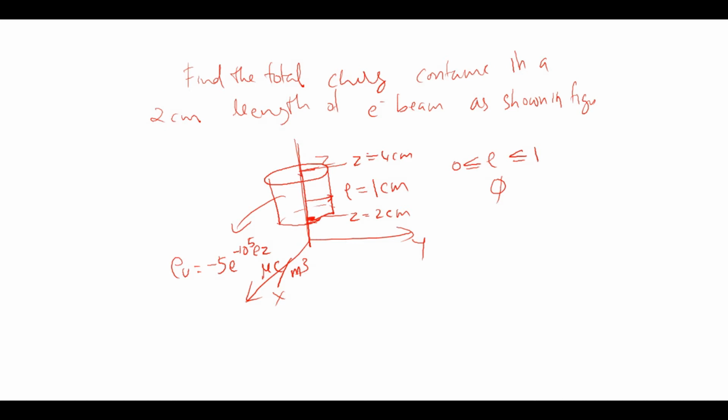So from the x-axis it starts and completes one rotation. So I can say 0 to 2 pi, and the third parameter is z. So z starts from 2 centimeters and goes up to a maximum of 4 centimeters. So these are the limits, and this is the function. So we know that